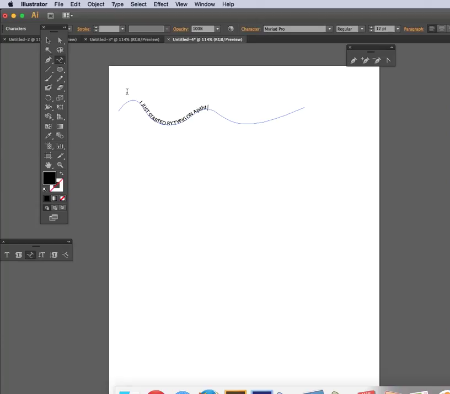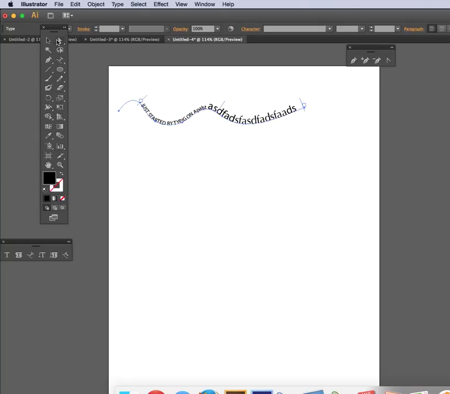I could also, by the way, as I'm going, if I wanted to change the font size of this, I can totally do that. I think I can even change the font type as I'm going. So the other cool thing about this is, let's say I started there, but I really wanted this to